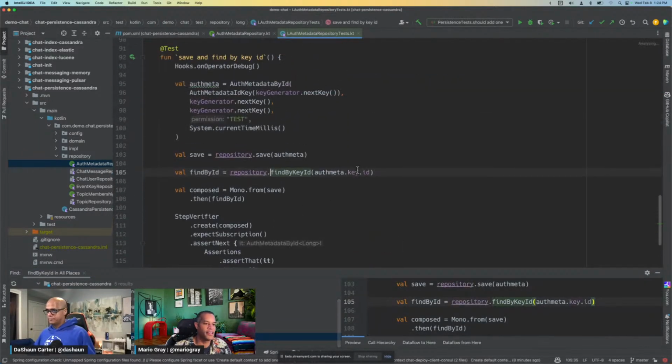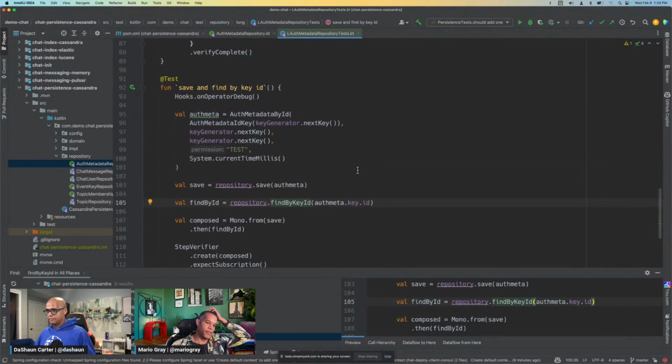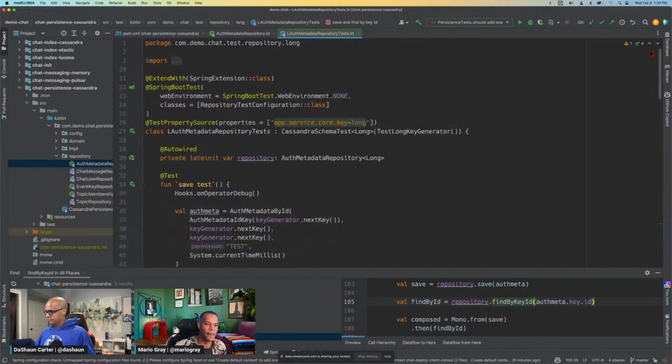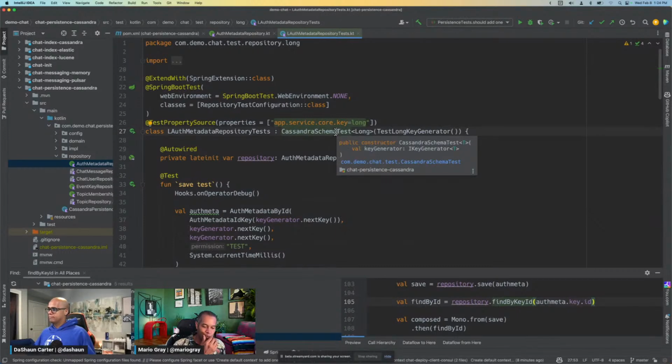Yeah, and testing it is easy. Now, testing with Cassandra is also something that you're going to use Testcontainers for. So how do we do this with Testcontainers? Well, okay, I want to tell you guys something. I spent about 6 hours